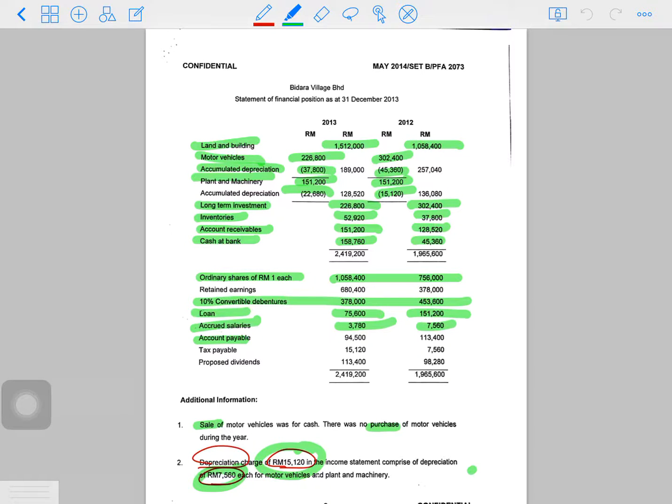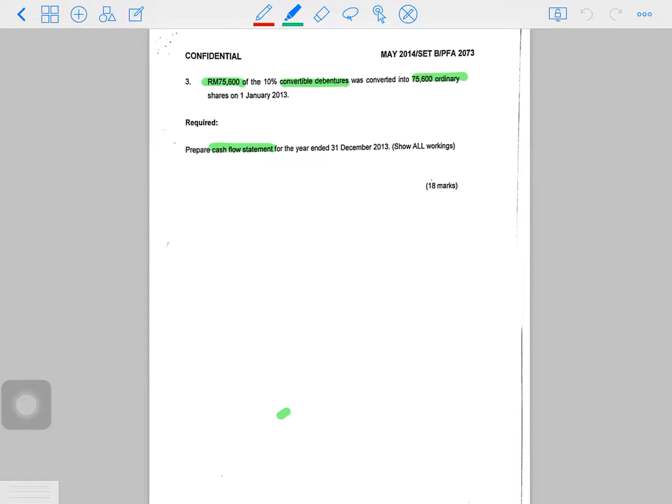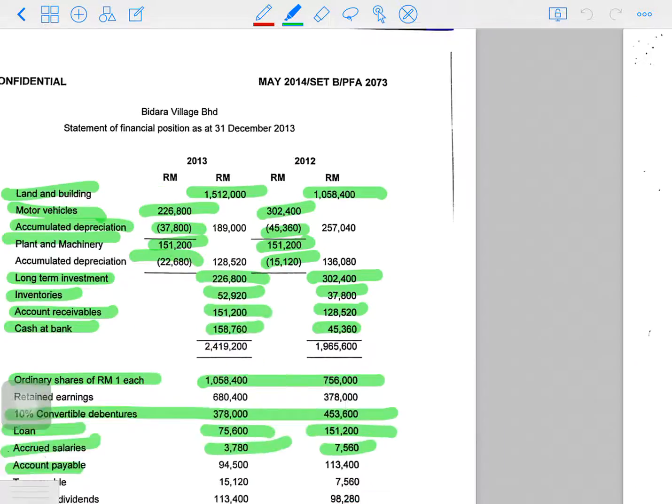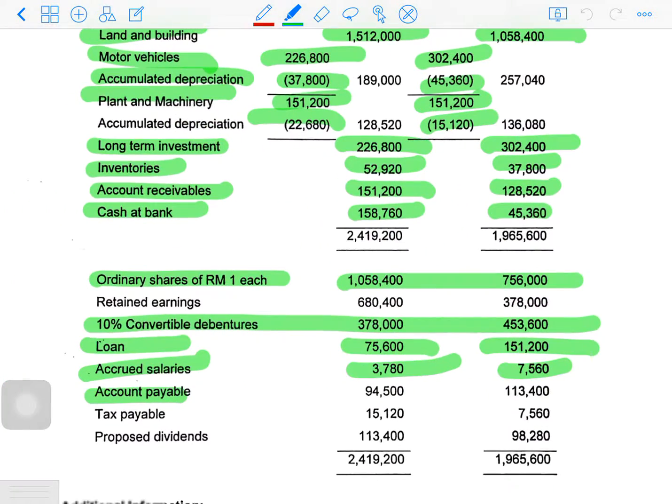Jadi kalau kita buka salaries punya account, kita akan ada brought down dia ni. This is the accrual. Faham, accrual, brought down dia. Accrual. Okay, contohnya 7560. Kalau kita tengok kat sini 7560, dia ada accrual 7560 and brought down